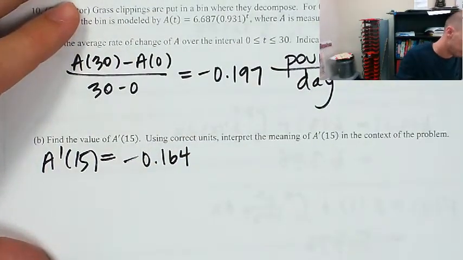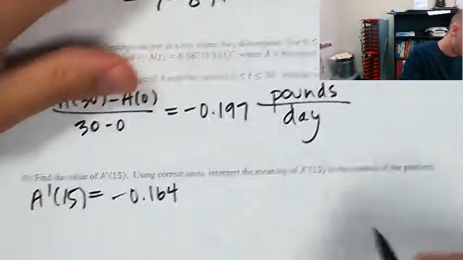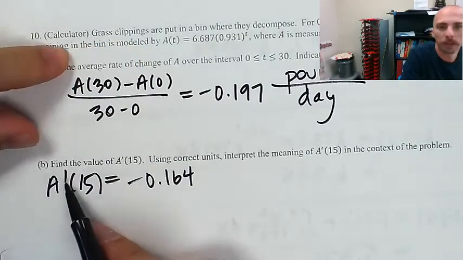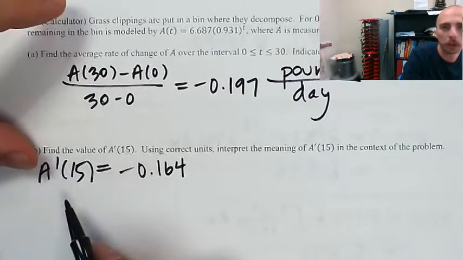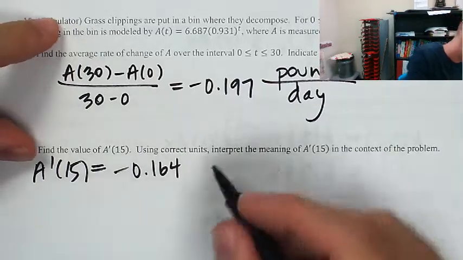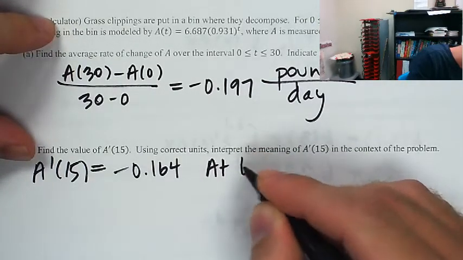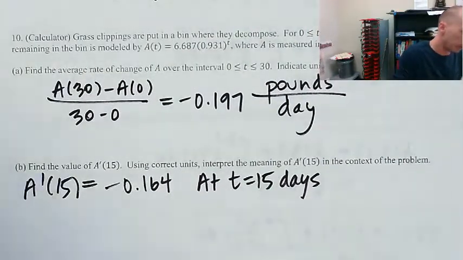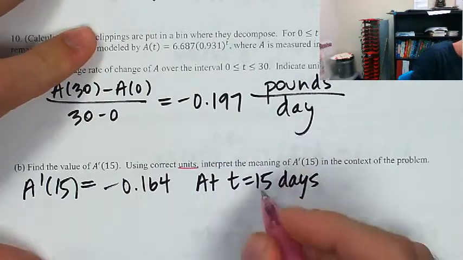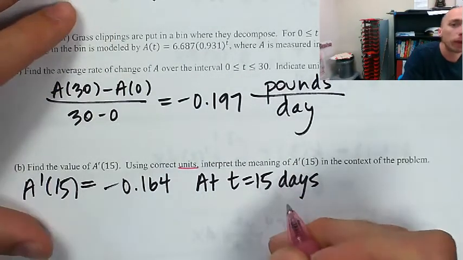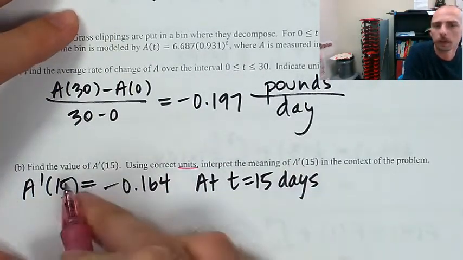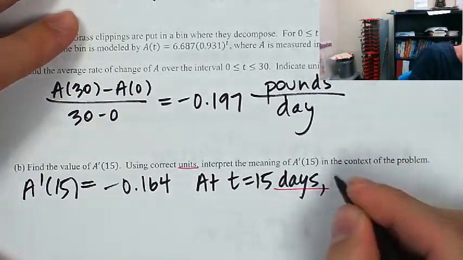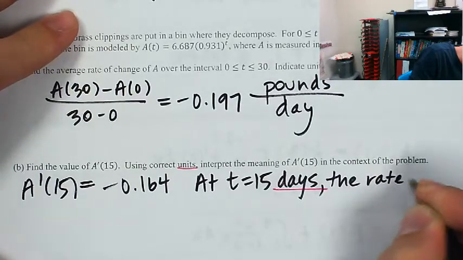Okay. All right, so if A is the amount, this is the rate of change of the amount. And you kind of want to use that boilerplate that I gave you towards the beginning of the year. So at t equals 15 days, remember that when they ask for units of measure, you have to give the units of the independent variable as well as the units of the thing that you're explaining. So we need to say at t equals 15 days,